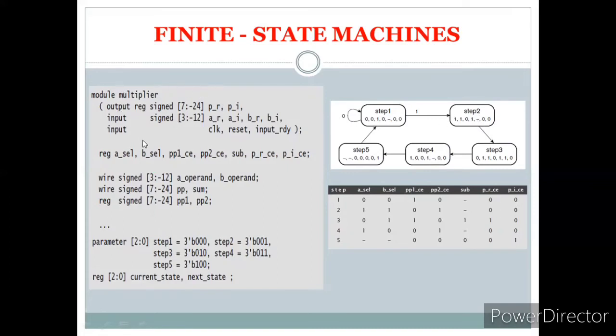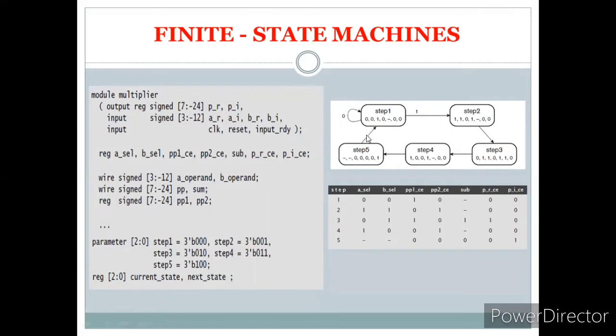We have already seen the complex multiplier program before. Once again, we'll just check it out. It's a module multiplier. Since we know that it's a multiplier, the output before the decimal point is 8 bits and after the decimal point is 24 bits. The input before the decimal point is 4 bits, and after the decimal point is 12 bits. So clock, reset, and input. The respective control signals we have seen, and the respective flip-flops required for the design.